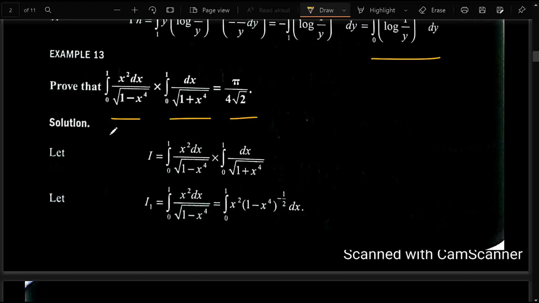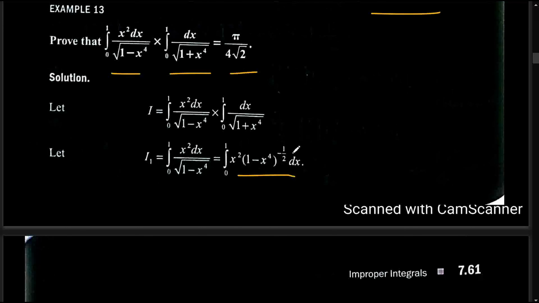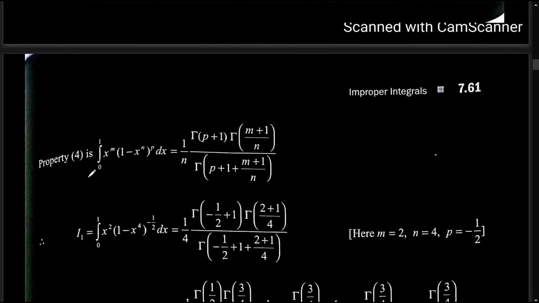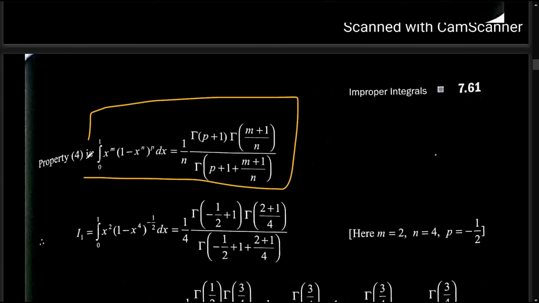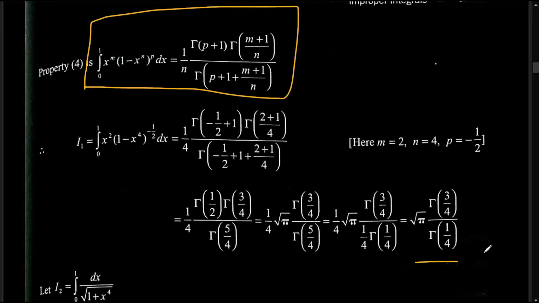So what to do, just take the first one, and there is a formula. Just simplify it in this form. They are bringing it to the numerator and making the power minus, and we know the formula which we saw in the previous video. This is the formula. You have to remember this. This is an important formula. So by using this, you can simply get the desired answer for the first part.